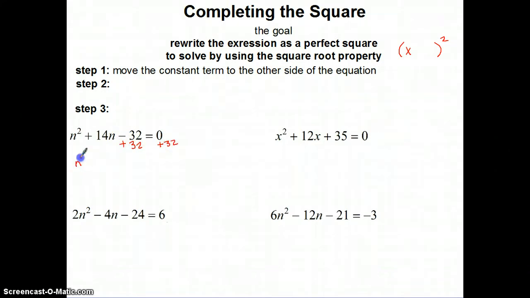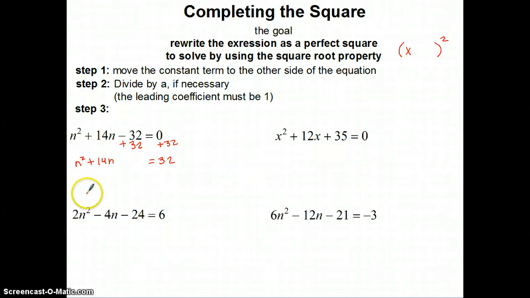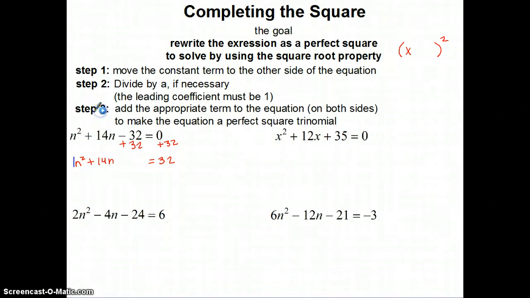That leaves me with n squared plus 14n, leave a blank, and then that equals positive 32. Step 2, divide by a, the leading coefficient if necessary. It must be a 1, and in this case it is, so I'm going to go ahead and skip step 2. And step 3,